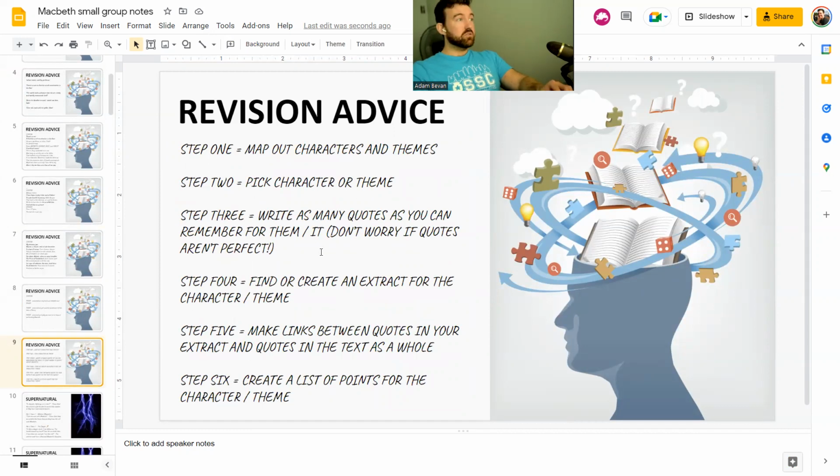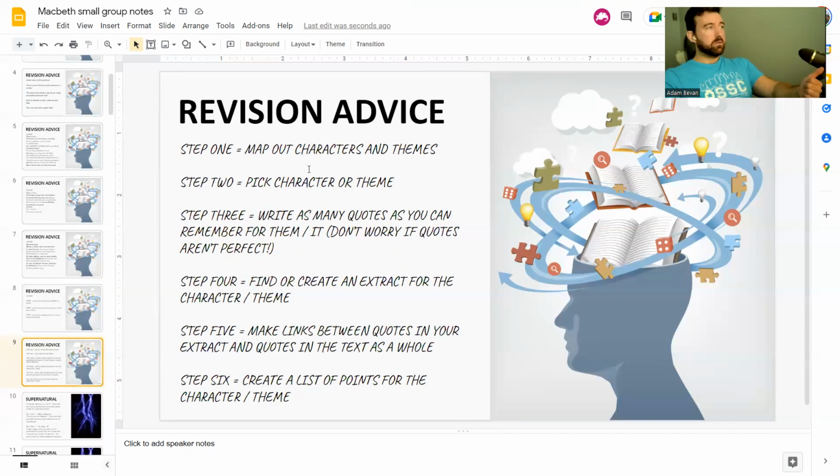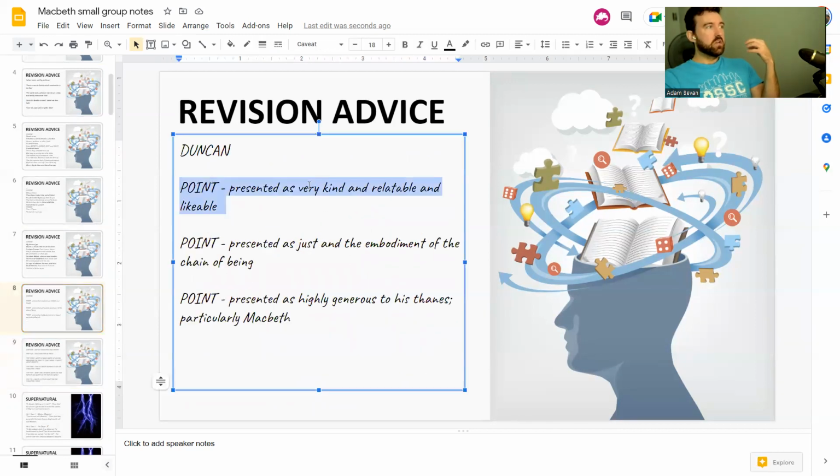So yeah, that's the way that you go through revision as far as I'm concerned. You go through mapping out the characters, picking the character or theme you want to go through, writing down as many quotes as you can from memory, then going through an extract and trying to pick out more for them, come up with some points and links between the quotes you got in the extract and the quotes you generally have. And that way you're going into the exam with a set of ideas already of what you're looking for